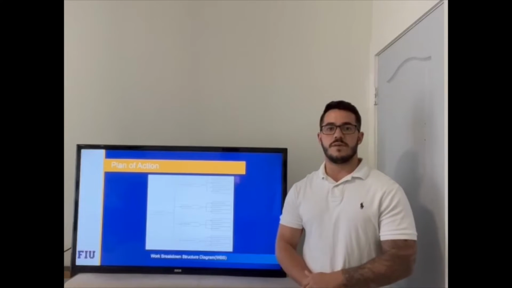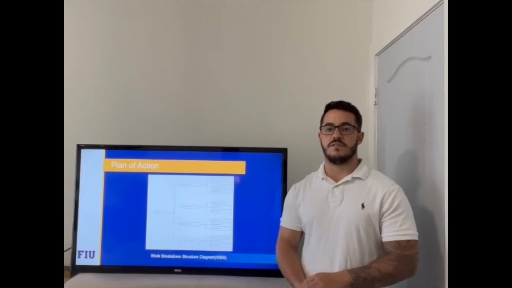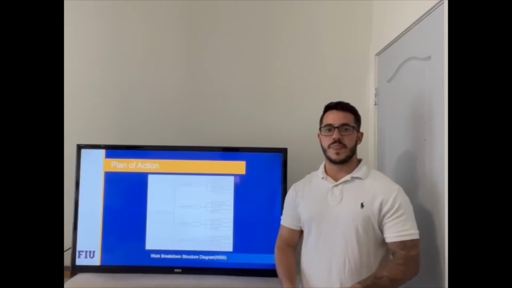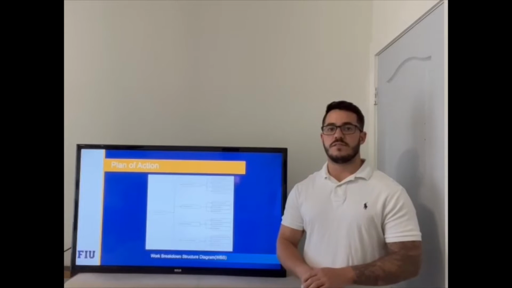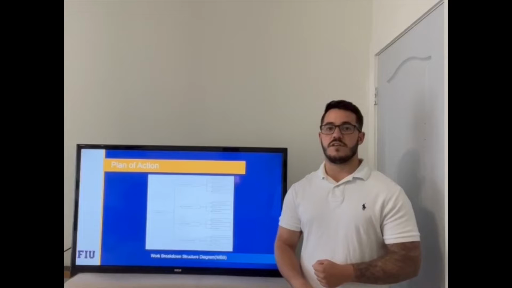In this section, we're going to be talking about the plan of action and how vital it is in an engineering project, because this is where most of the organizing occurs. Key factors in accomplishing a team project's goals include dividing the project into different phases and tasks. This section also mentions the statement of work, the work breakdown structure, and how they are essential in generating our